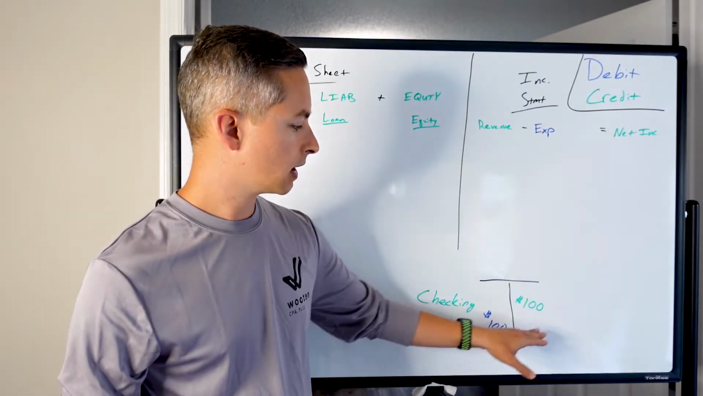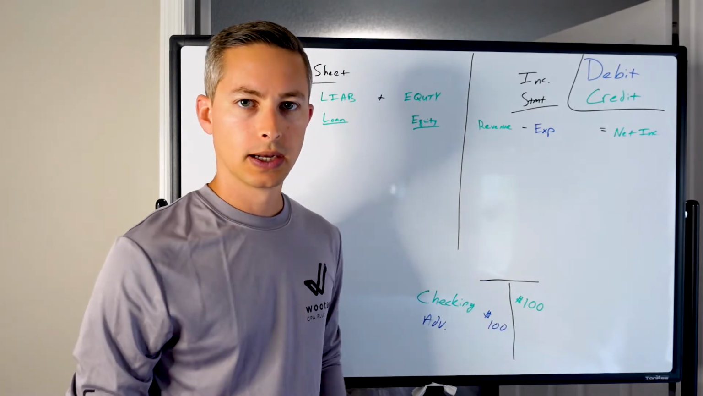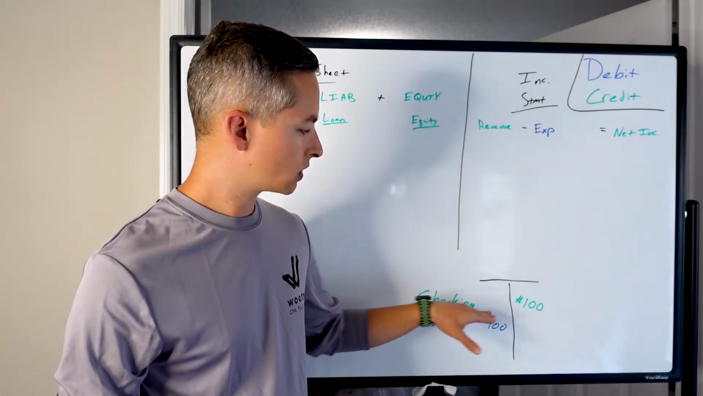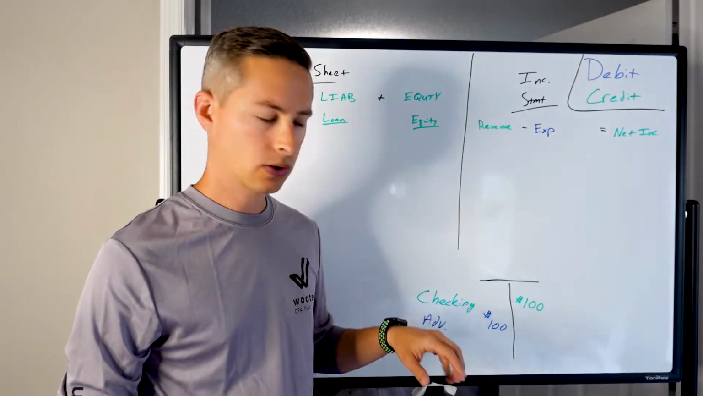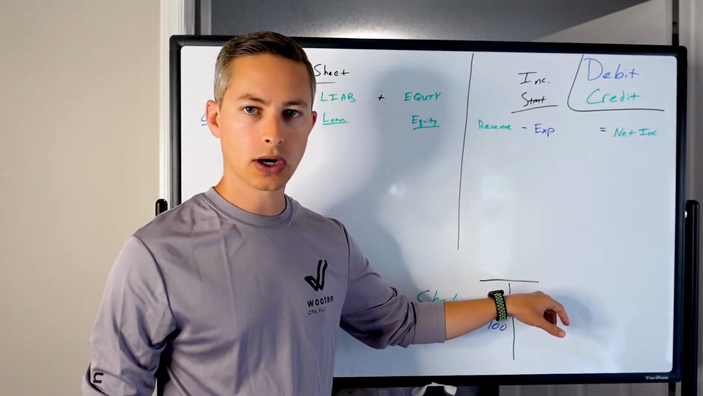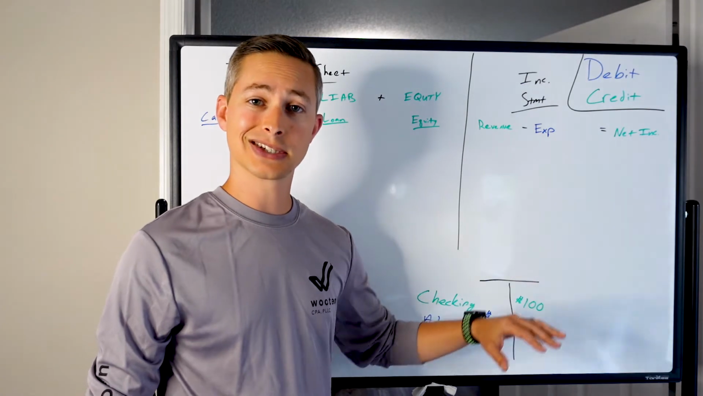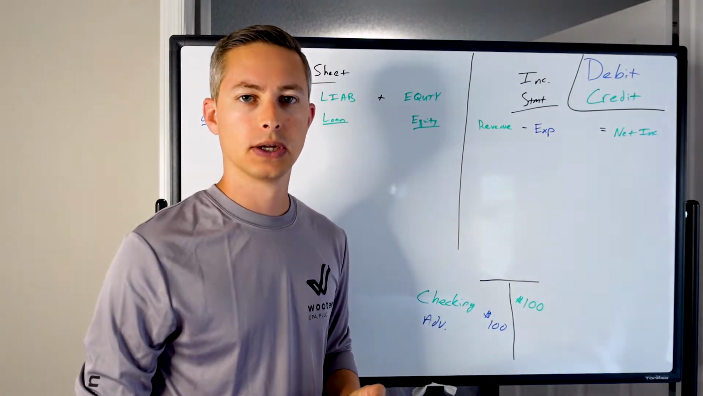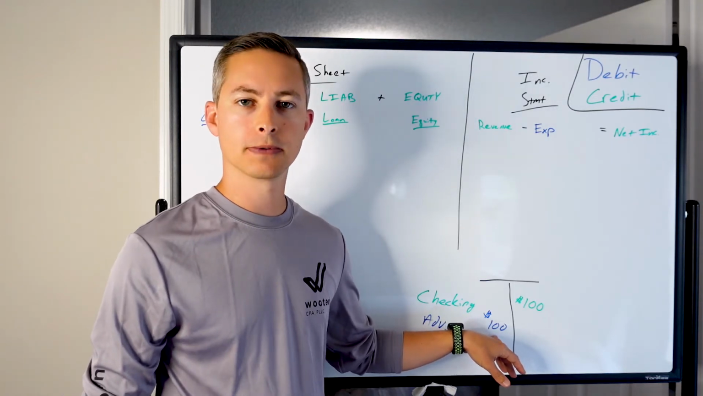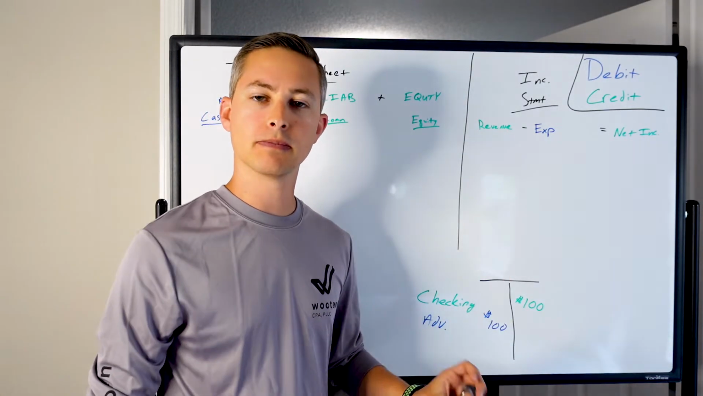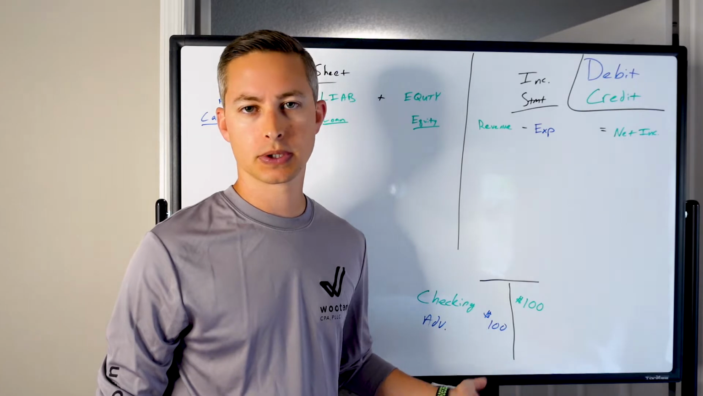So debits are on the left, credits are on the right. Now, if you look, crediting the checking account, I told you we spent $100. So you can just think in your mind, okay, if we credit the checking account $100 because we spent that money, that's actually decreasing the amount of money we have in the checking account. And by debiting advertising by 100, that's actually increasing the amount of money that we spent in this particular expense